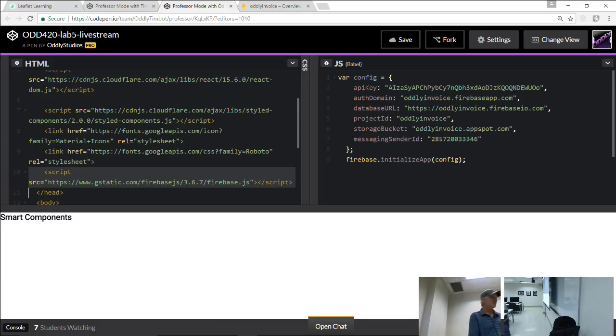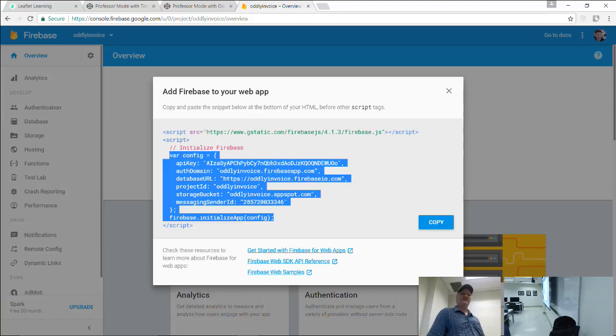Sorry, Tim, it's the first one, right? The one at the top. Right. Static, blah, blah, blah. Yeah, so you want the config, and then you want the Firebase initialize. Now if you didn't do it already, you could grab this script tag and drop it in your HTML, but you've probably got it already from last time. I basically just copied mine over from Lab 4.